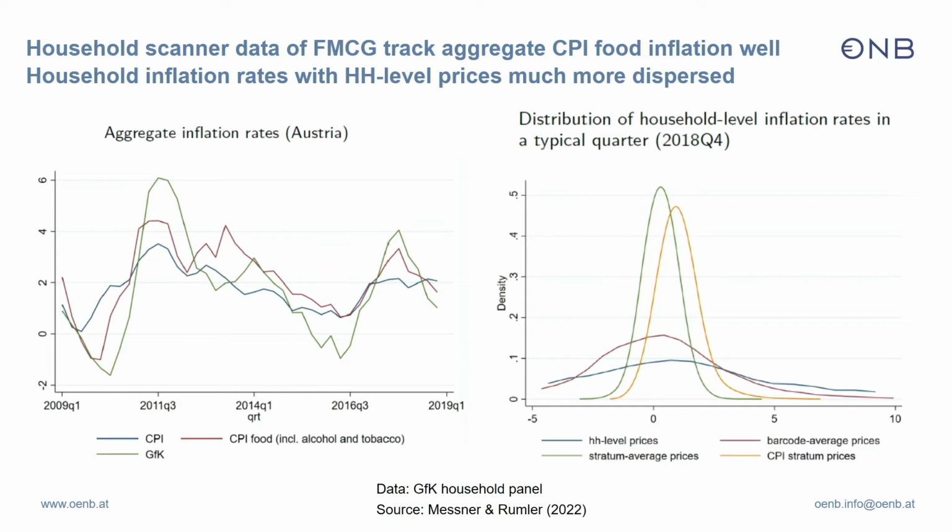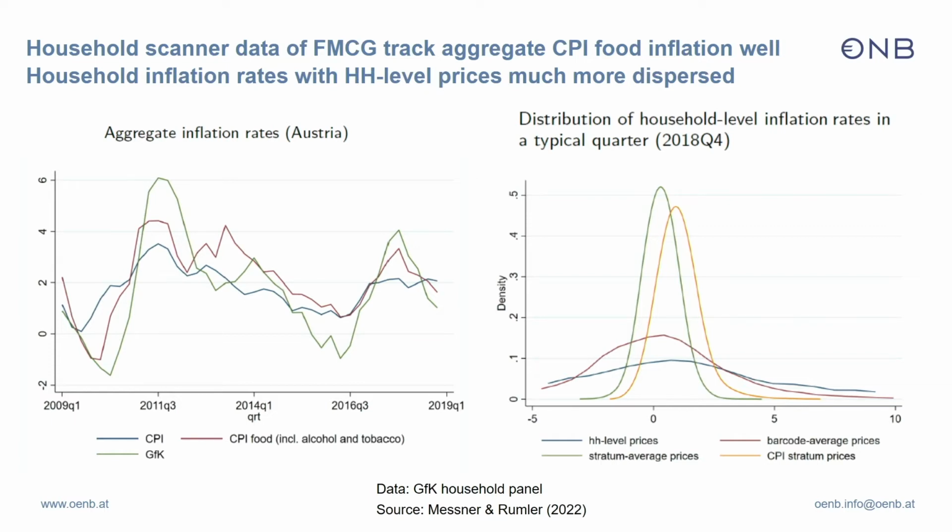So the first question that we ask is: is this data actually representative? We compare the inflation rate that we get by calculating from these data, with the spending shares of the households as weights and the prices that households pay. That's the green line, inflation from this universe of fast-moving consumer goods, compared to, for instance, CPI inflation of food, which is the red line. And actually, you can see some correlation. The correlation is 0.75, so pretty high. So we conclude the data is actually representative.